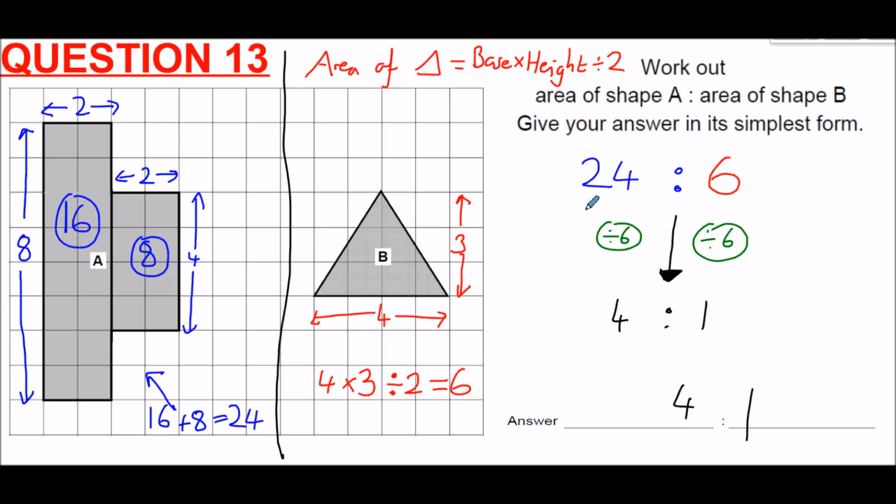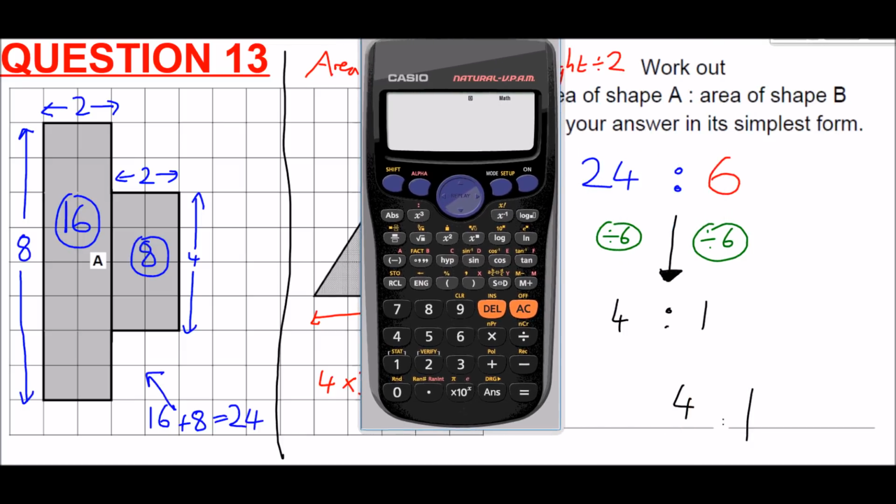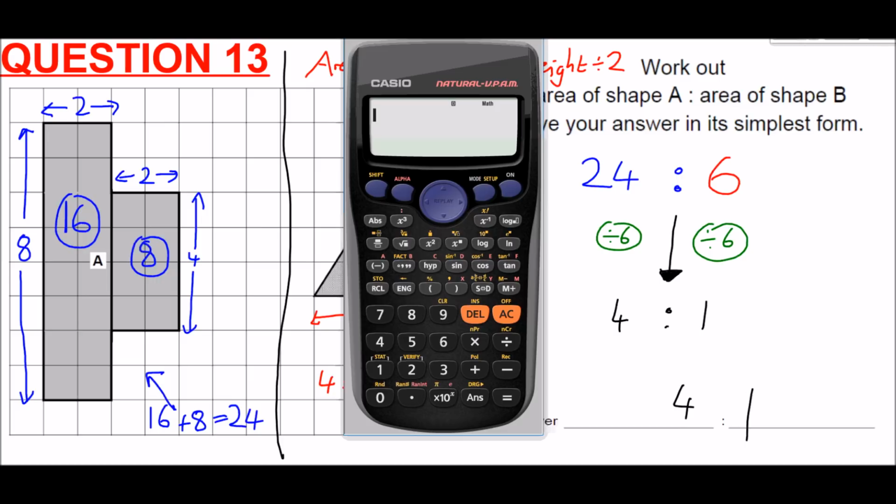Now a calculator can simplify ratios for you if you think about ratios as a fraction. Not because ratios and fractions are the same, but they do simplify in exactly the same way. And so what you need to do to use the fraction button to its full extent is put the smaller number of a ratio in first, on top of a fraction. On the bottom, put the bigger number. So imagine this is 6 to 24,